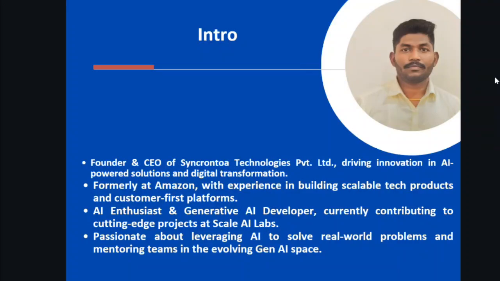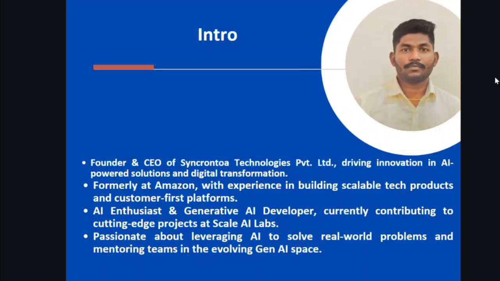And mainly I'm an AI enthusiast. Until now, I am building different generative AI applications. I am contributing myself to the different companies from the side of Synchronota and Scale AI Labs. Currently, I'm working at Scale AI Labs as an AI engineer to train AI models, generative AI models, and reviewing